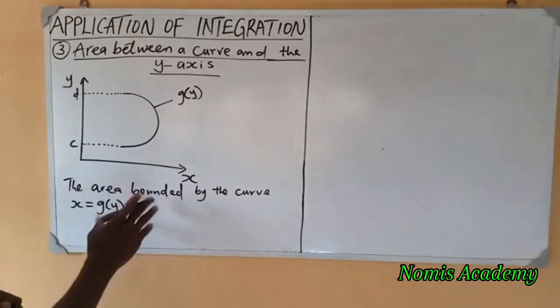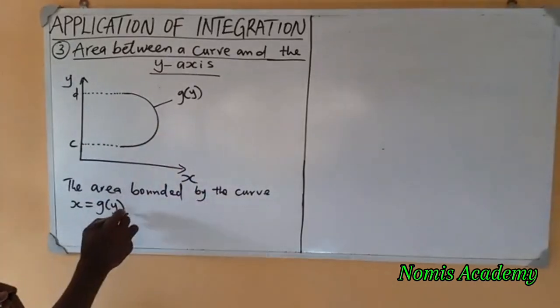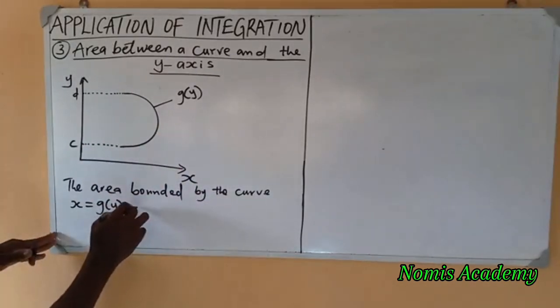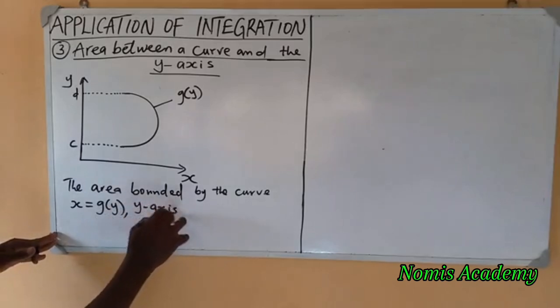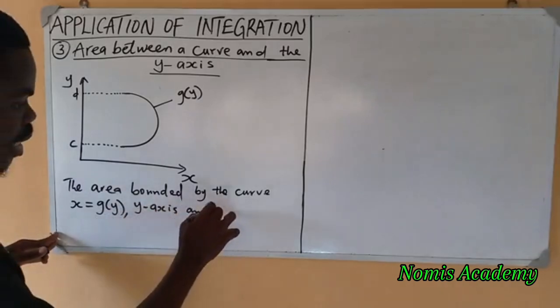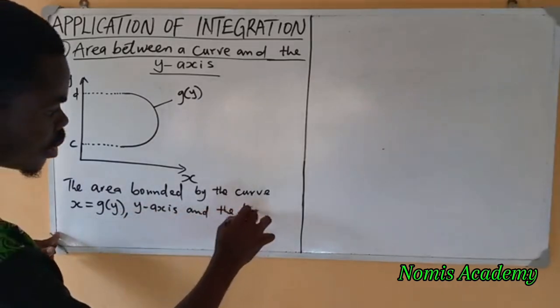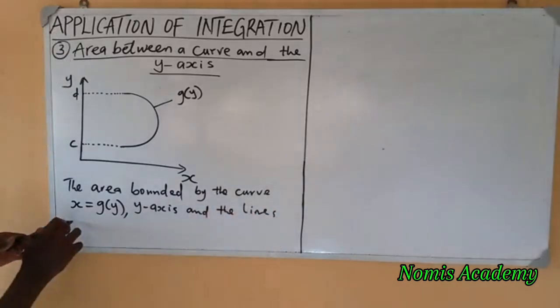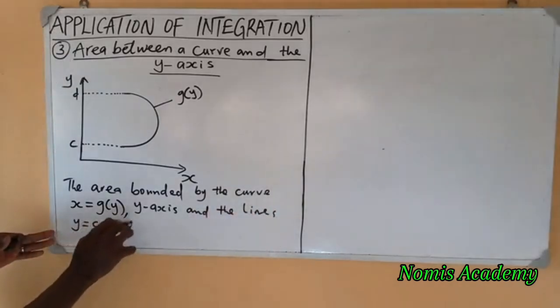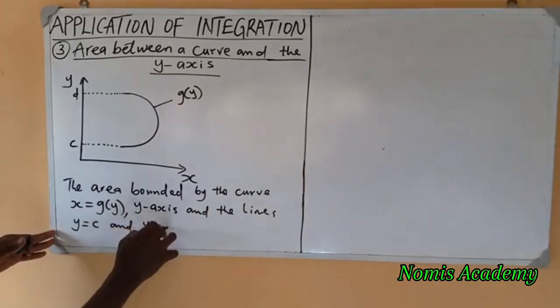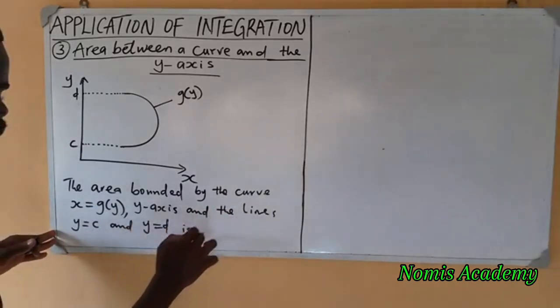Okay, the area bounded by the curve, the y-axis, and the lines which are y equal to c and y equal to d